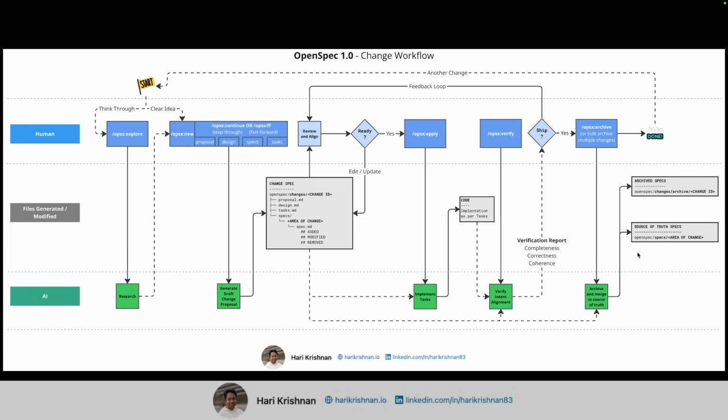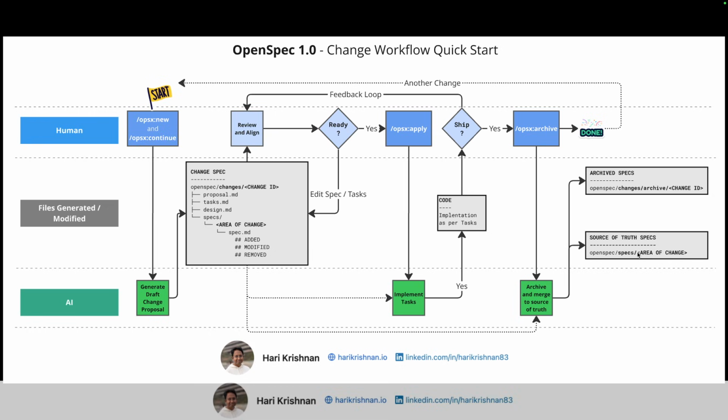For the large part, then, if you prefer sticking to the older workflow, the only change that you need to sort of superimpose in your mental model is using the OPSX new command and the continue or the fast forward command in place of the OpenSpec proposal, and then the apply and archive remains unchanged, and you don't have to change your mental model at all. It took me all of like 2 minutes to switch from the older OpenSpec version to 1.0 release itself,